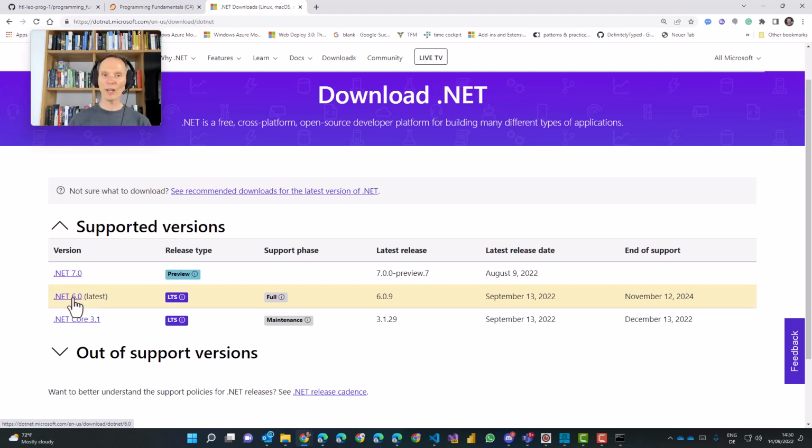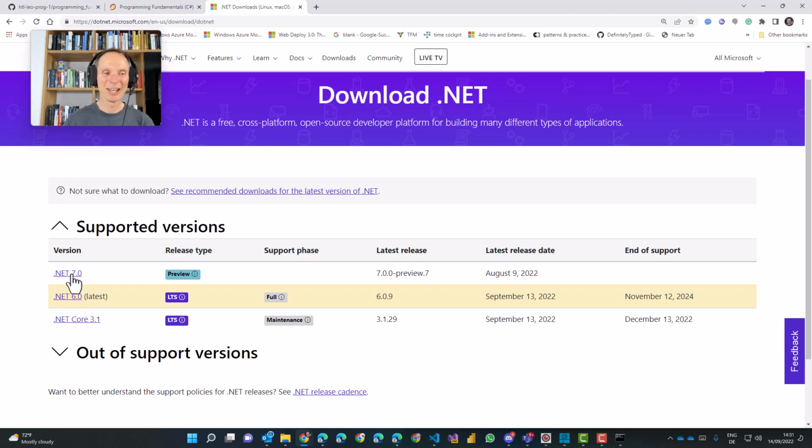Now, which version do you think we are going to use? You think .NET 6? Ah, no. Hey, we are here in school. We are brave, right? We are going to use preview versions in this course. Of course, if we fail, we can always go back to the stable versions. But hey, we are living on the edge here. Something like this.